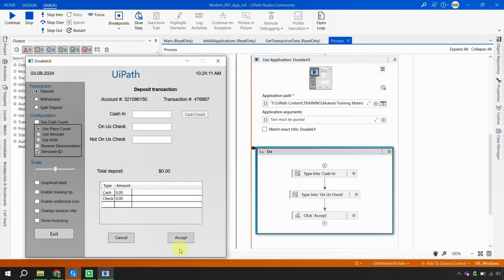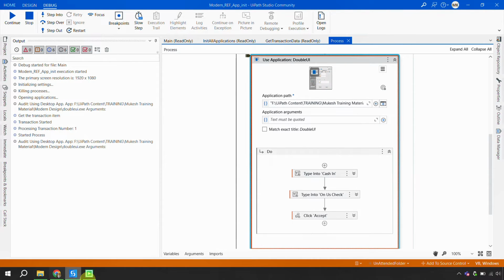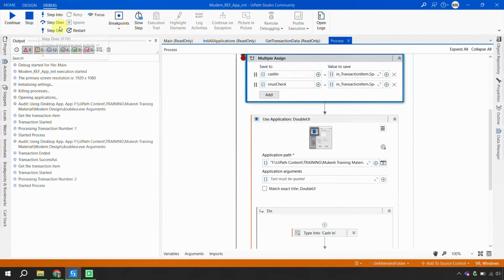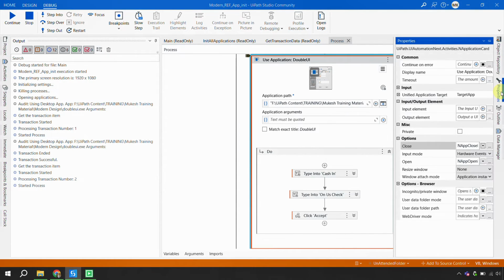Step into, okay, done with this, done with the use application, and at the bottom you would see that the application is not available. Step into, done, and now if I click on continue, what would happen? It will go and get me the next transaction, right? Now the application is not open. Step into, and now here if you see in the properties, we have mentioned that open only if it is not open, right? So now the application is not open. Step into,